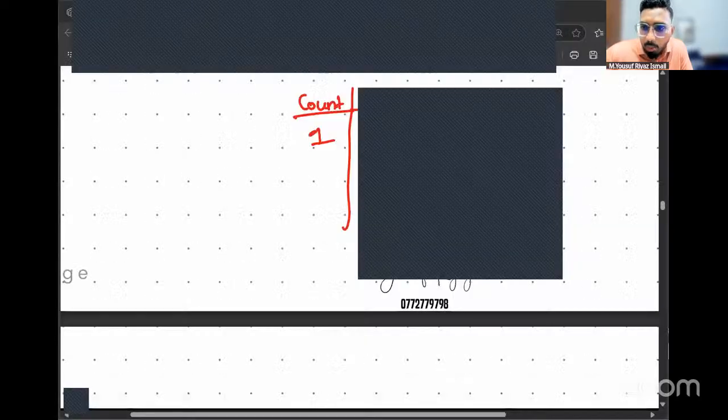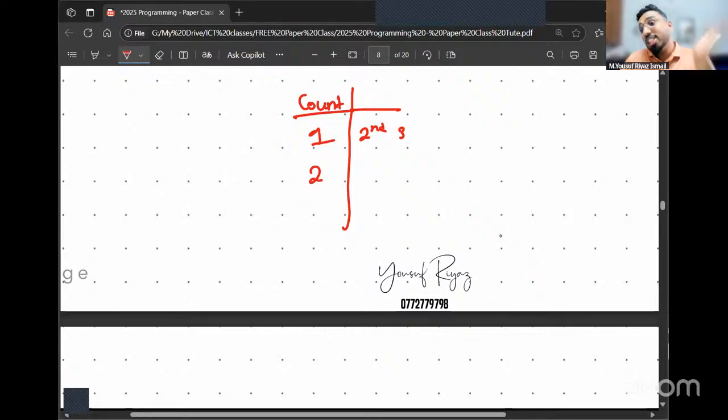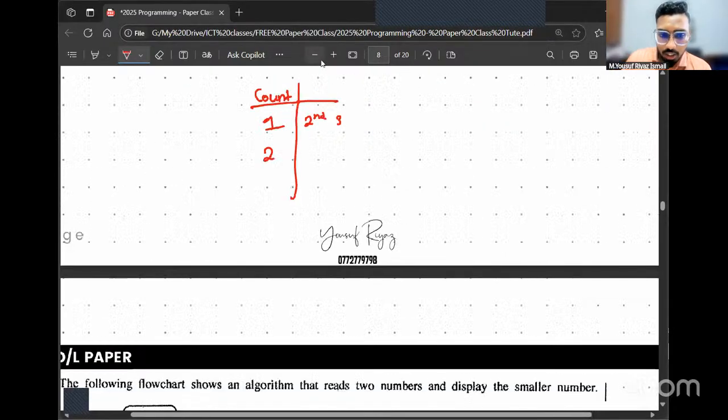Okay. Coming back to the same question. When the count was one, I told you we are going to be asking ourselves, should I go and take the second student's marks? So based on that, tell me, when count is two, you're going to ask yourself a question, should I go and take which student's marks? When count is two, and you're standing at that rhombus, you're asking, should I go and take the third student's marks? When count is 40, you're asking yourself, should I go and take which student's marks?